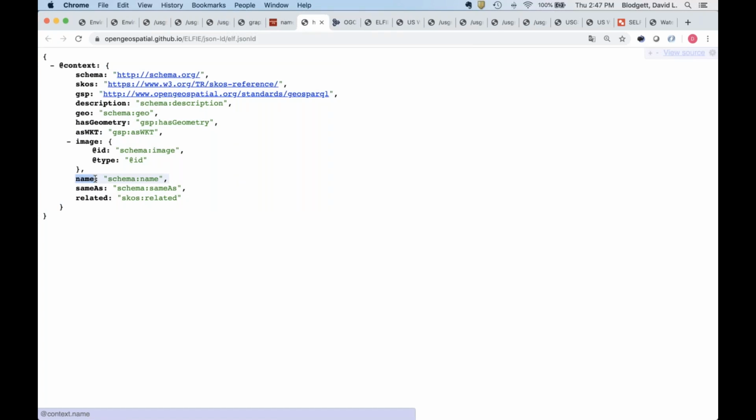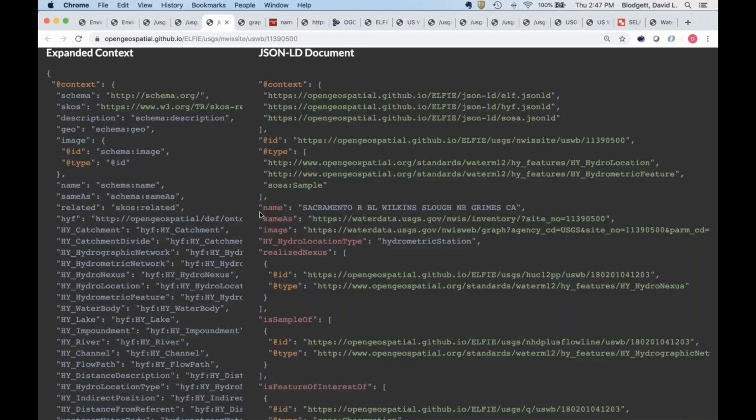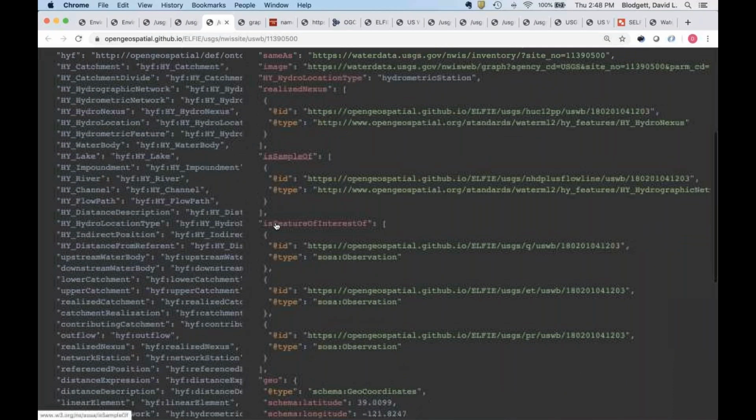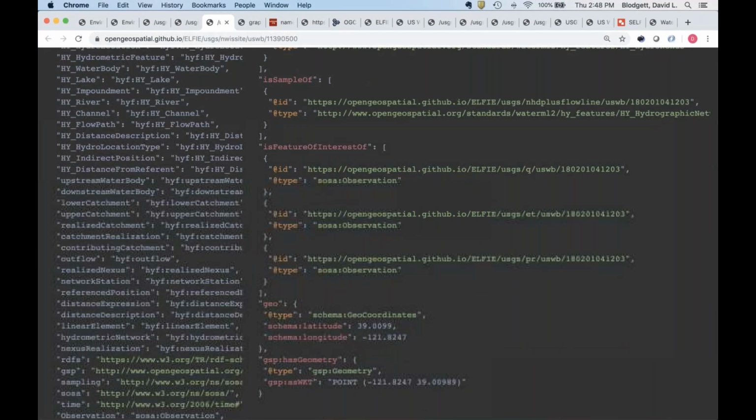It maps the name JSON key onto schema:name, and schema is mapped onto http://schema.org. The way JSON-LD works, the context maps the JSON keys onto specific linked data URLs, and this demo actually materializes that. So I went into that detail to say that some of this stuff is formalized.